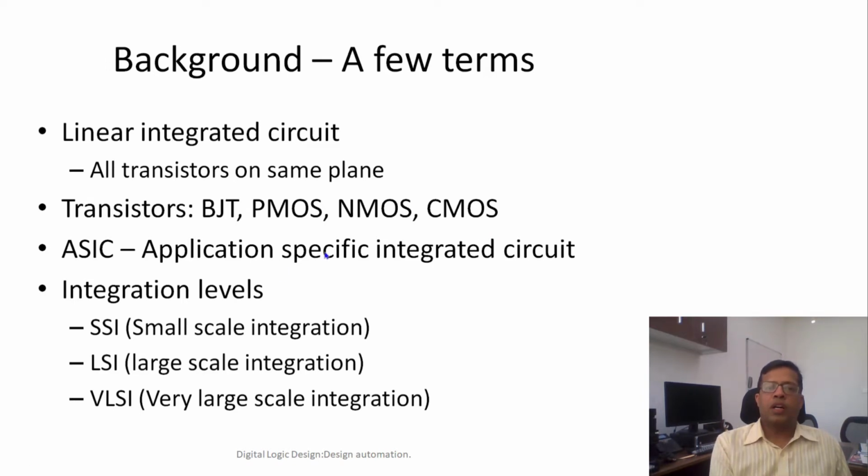Okay, so there is another term which is ASIC, which we mentioned at the start of this lecture. ASIC is application specific integrated circuit. So an integrated circuit which we are designing for a particular application. You can also say a circuit which is being designed for a particular application is an ASIC. Now by circuit here, it usually means a digital circuit. A digital circuit which is designed for a particular application is called an ASIC.